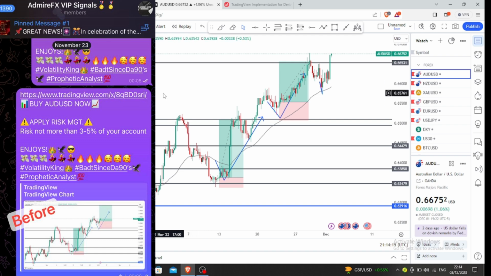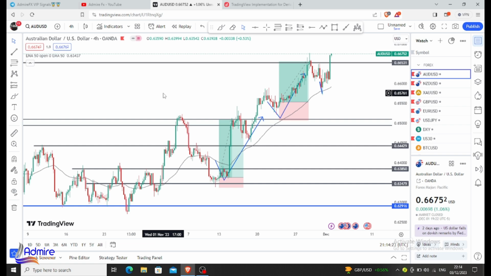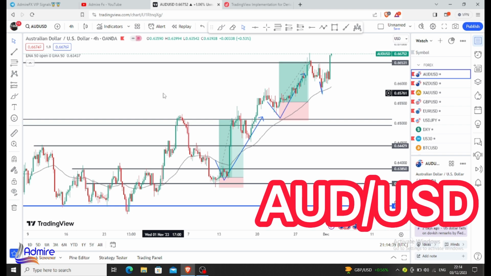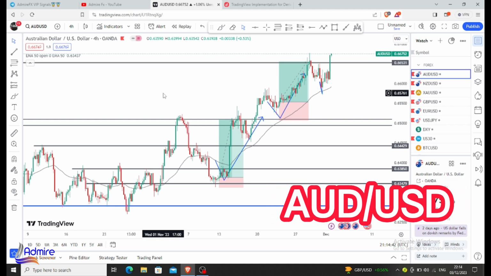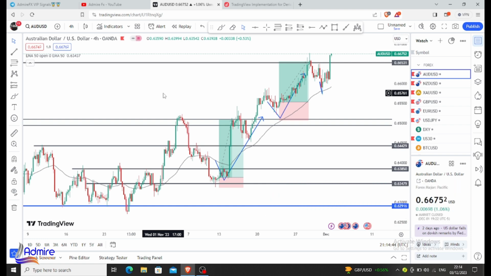So this week we will be analyzing AUD USD, NZD USD, gold, GBP USD, USD JPY, and I think GBP USD. All right, so without further ado, let's dive into the business of the day. So this is AUD USD. You guys saw last week how we predicted AUD USD to precision and several other pairs. So if you did not see it, this is how it went. I'm going to include the before and the after somewhere around in this video, so watch.